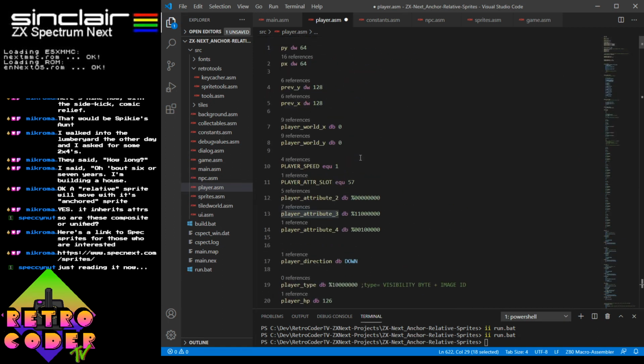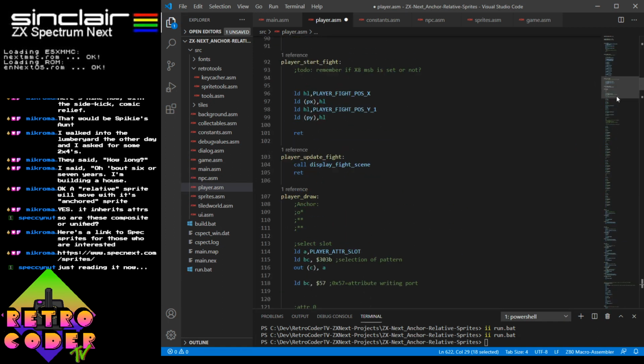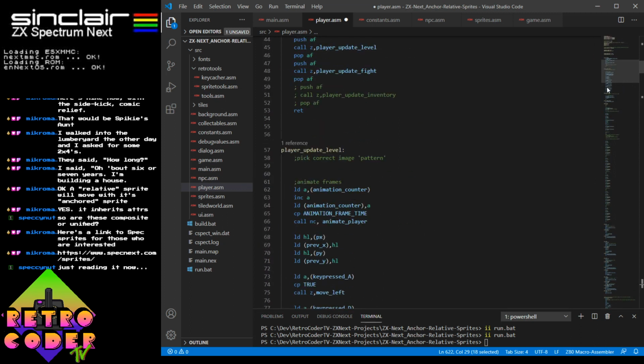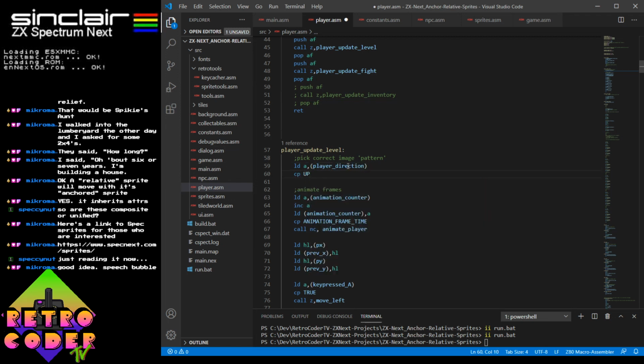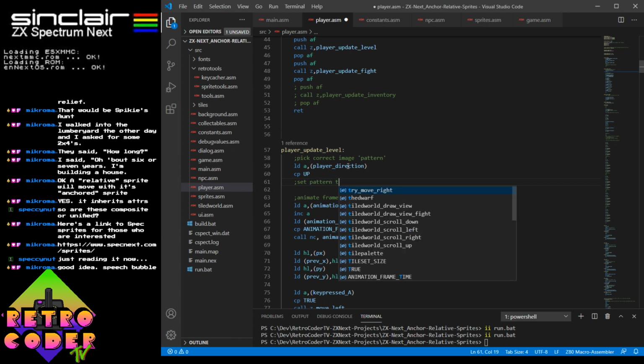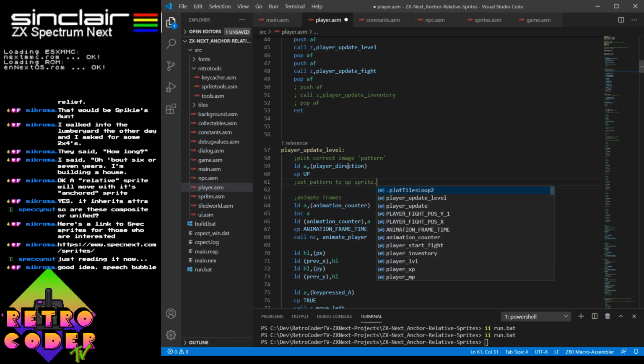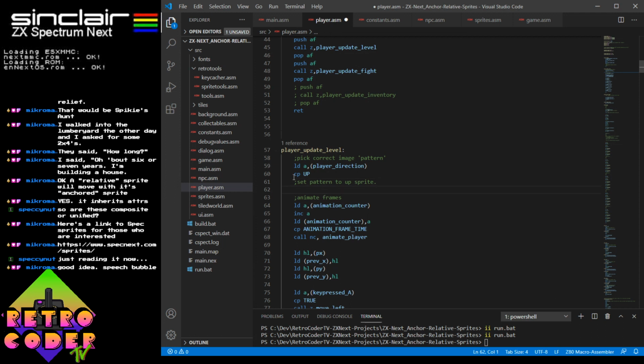Could be any number of things, but think about this logically though. I almost slipped myself up when I started writing this, but then I realised it's going to be constant. This is what I wanted to do: check the player's direction. If he's facing up, set pattern to up sprite. But that's going to be called every frame. So once we set it,